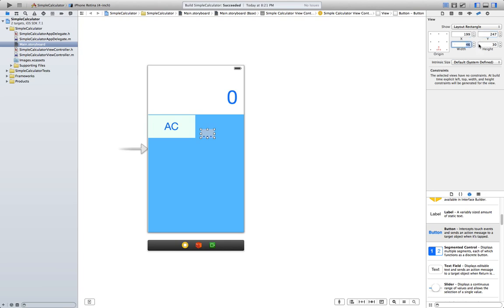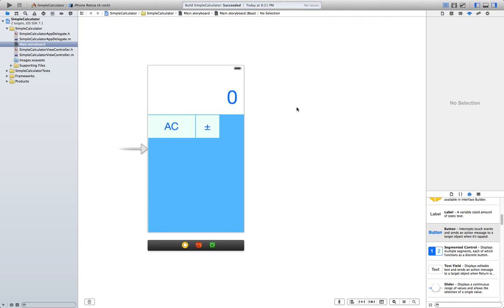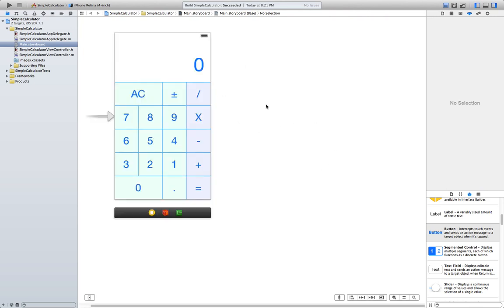And finally 78 times 78 because buttons are going to be square. Now its text. In order to make a plus minus sign, you're going to press Alt, Shift, plus, and let's jump ahead.